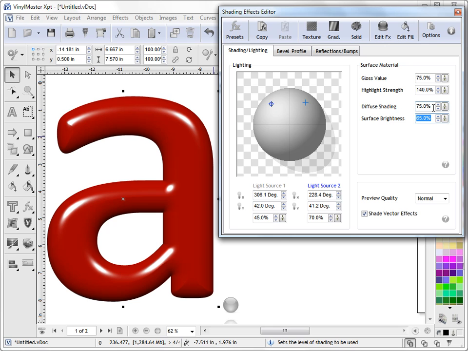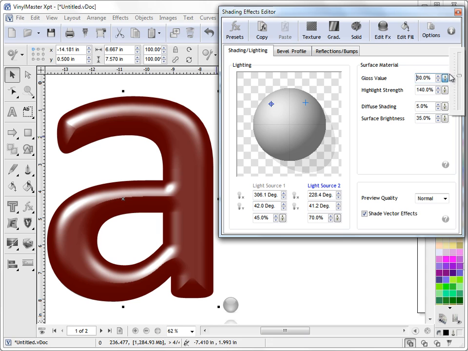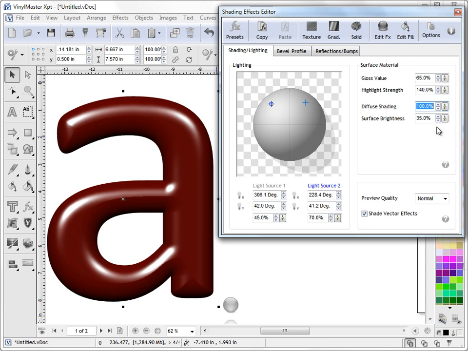Diffuse shading is all about the ambient light. If I bring that right down, there's very little ambient light. If I bring that down, you can see that there isn't much going on here. Now, if, for example, I bring the diffuse shading right up, I've now got full ambient light, but because I have low surface brightness, it doesn't really indicate that. So if I set that to 50%,